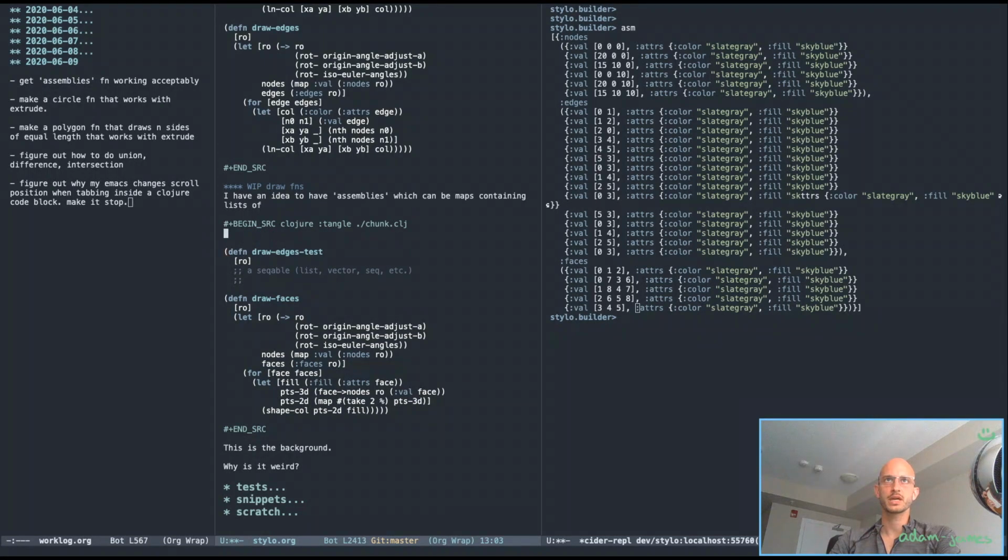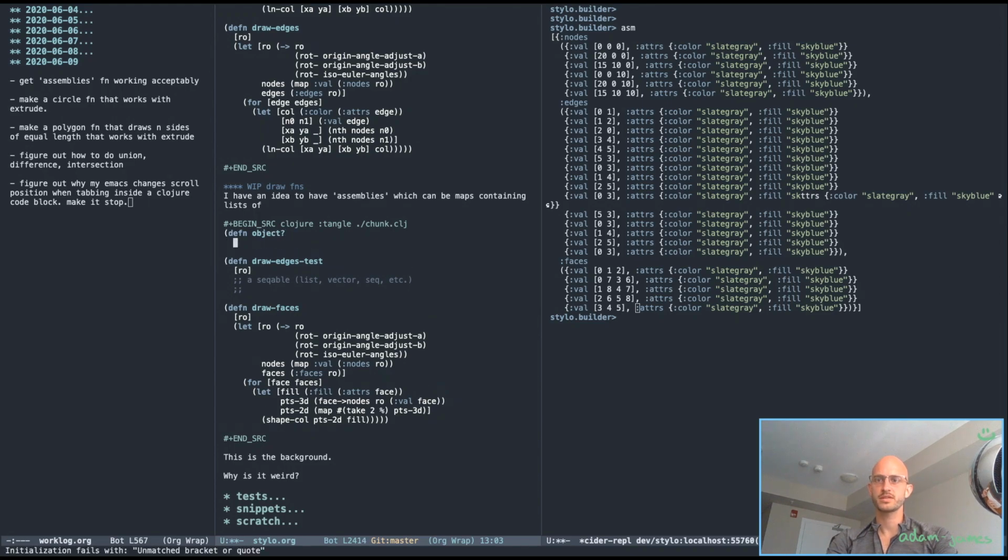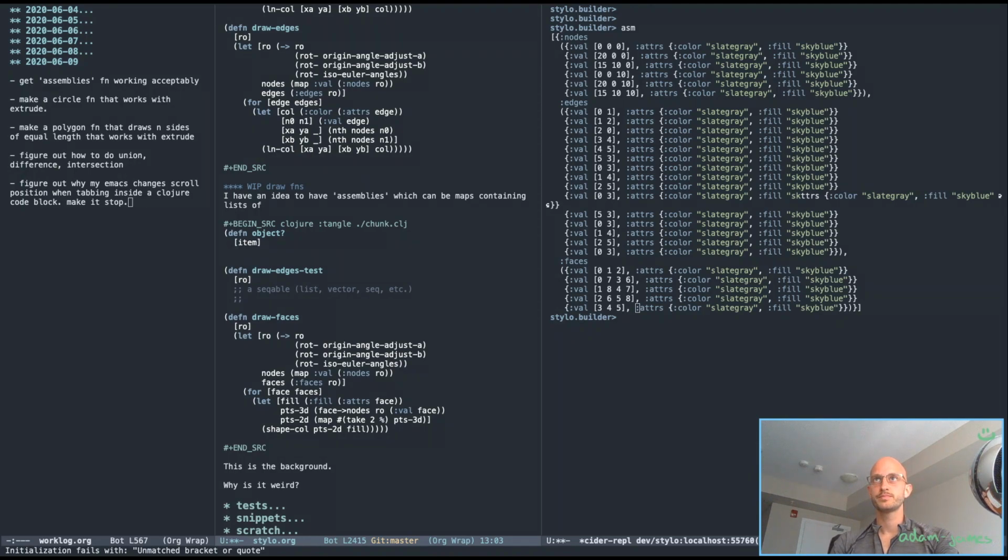Let me make a... item contains... yeah, so I'll just do this. Roughly speaking, an object is only going to be an object if it contains